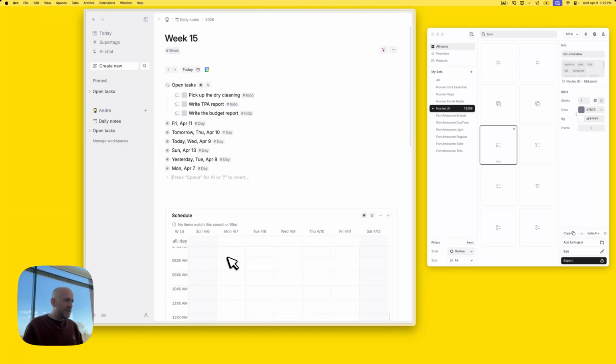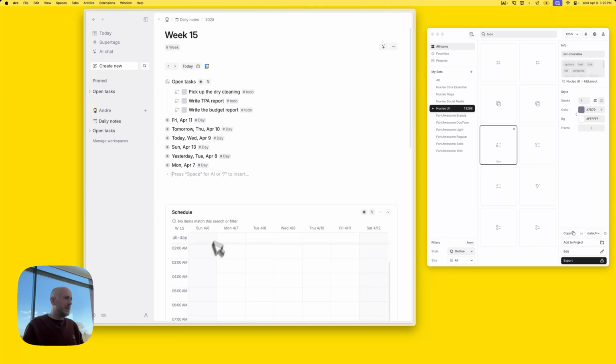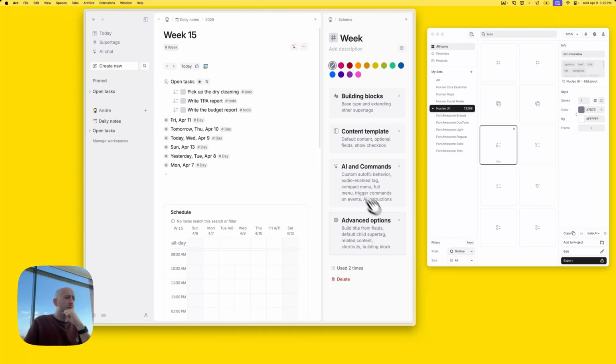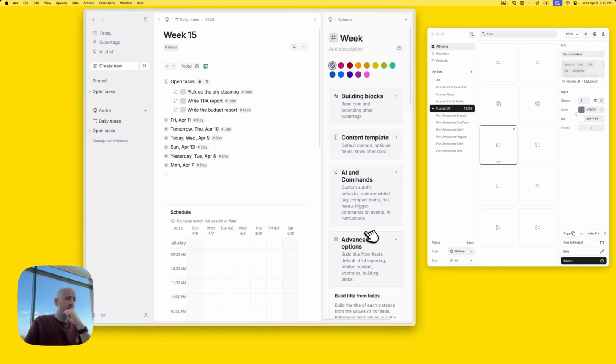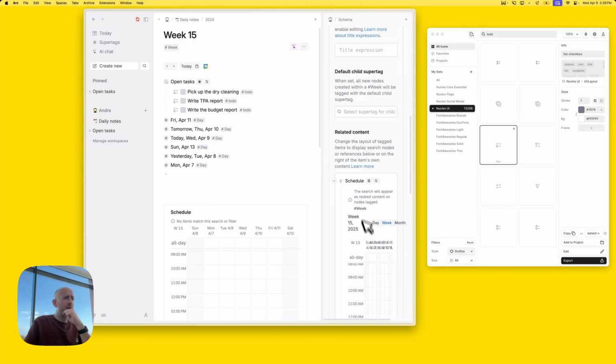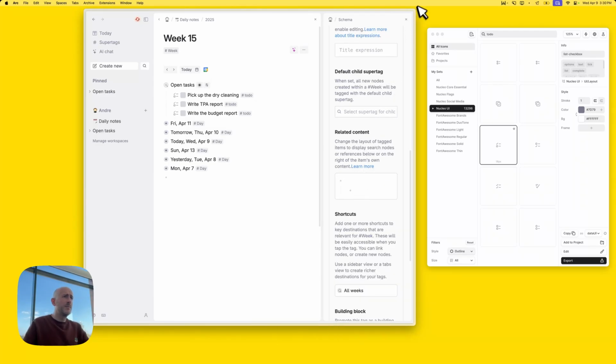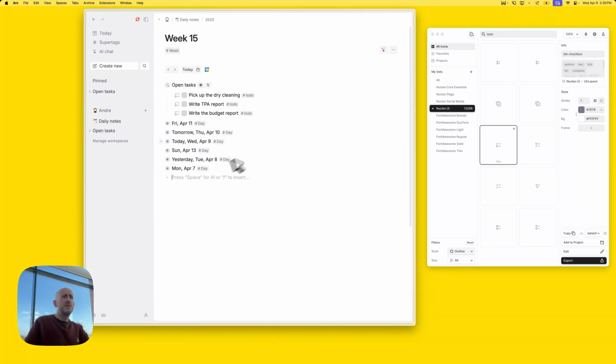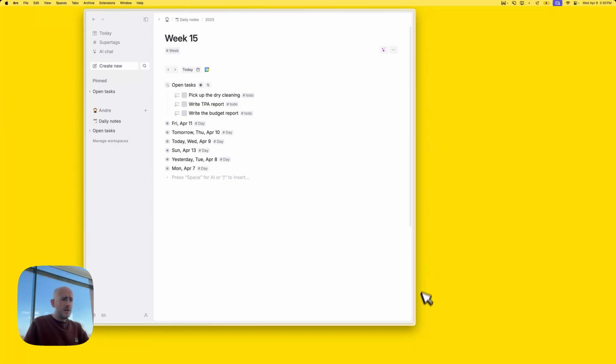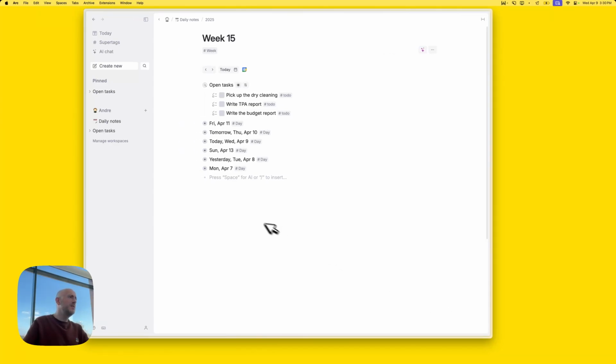So next up, we have a schedule here, but there's nothing on my schedule, and that's probably because I'm not using this sort of Google integration. So for me, it doesn't add that much value. So let's go and configure it under advanced. And all the way here, we have the schedule, and we're just gonna remove it, and it's gone. And again, I think this is the power of being able to customize Tana